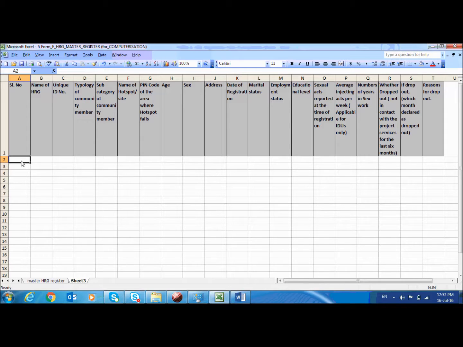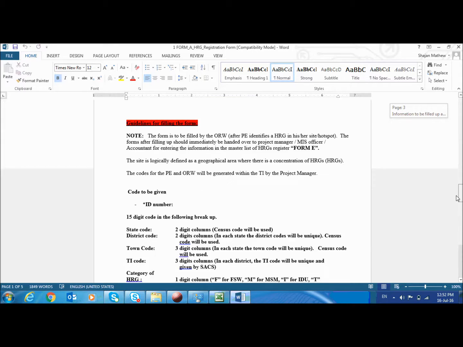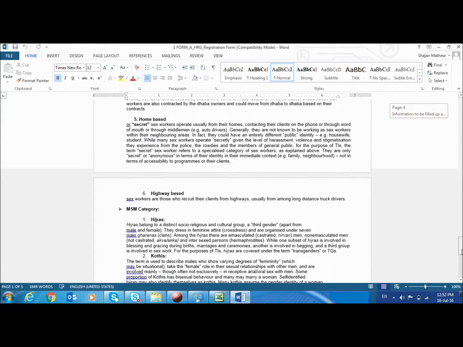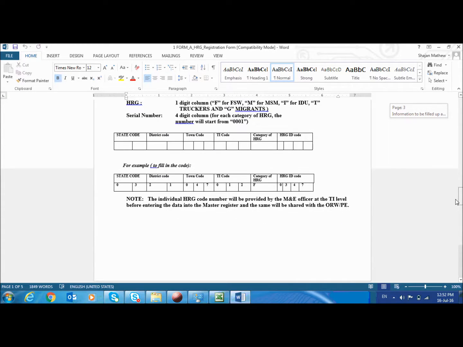So I have clicked on the cell A2. We'll enter the serial number, name of the HRG. So I'm entering Matthew, the unique ID number. So how are we entering the unique ID number? So as per the HRG registration form, we need to follow this